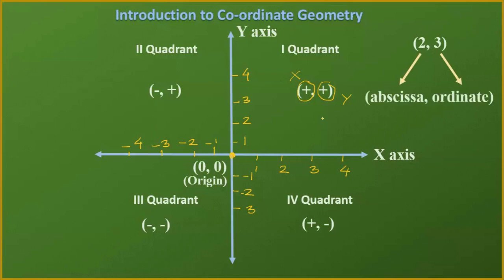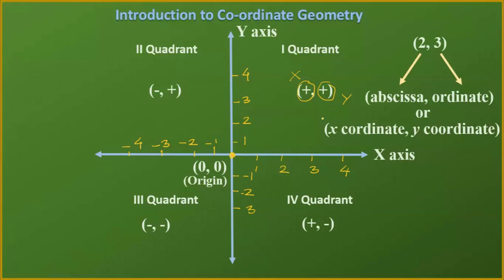The names are a little typical, difficult to pronounce sometimes, but you need to remember them. You need not call 2 and 3 by these names. We'll say x coordinate and y coordinate only, but sometimes the book writes them with these names also. So remember, the x coordinate has another name, abscissa, and the y coordinate is called the ordinate. Ordinate, not coordinate, right? This is all the basic fundamental which we will use in the questions from now onwards.